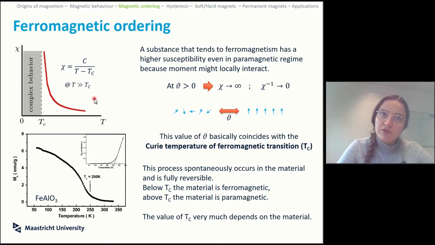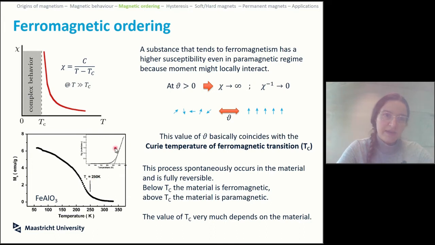If you try to measure the susceptibility of a material with ferromagnetic behavior, you start at paramagnetic, which is the higher temperature state. You follow this, and you can see that it's going exactly as we were saying here, but as it gets close to the Curie temperature, the asymptotic behavior stops. You cannot see it fully, and it shifts into something else and goes to a plateau. You can see that here the researchers have indicated the TC as 250